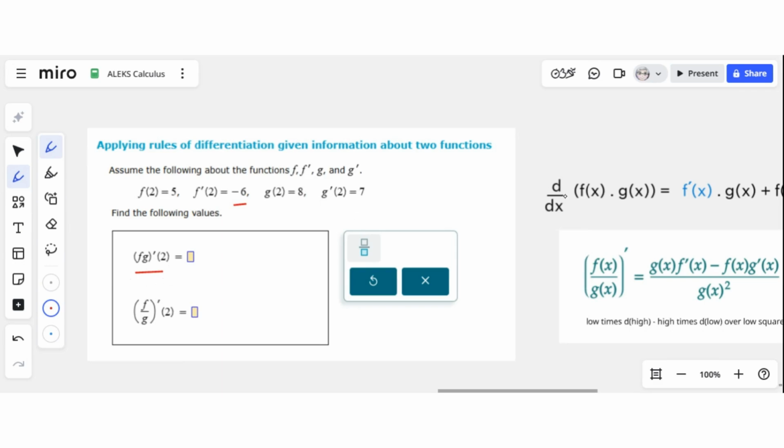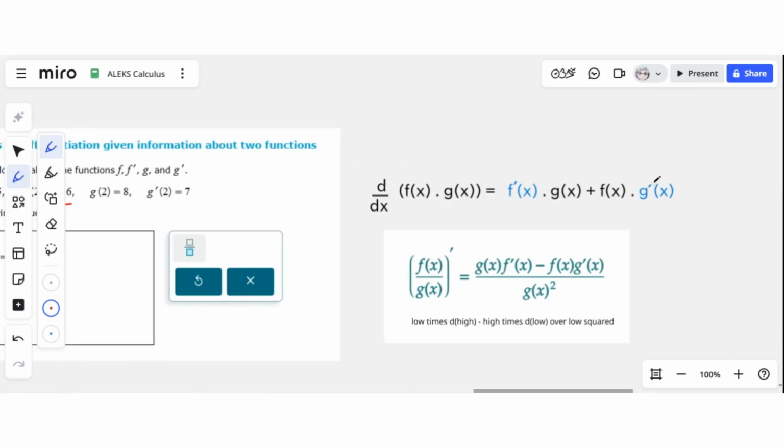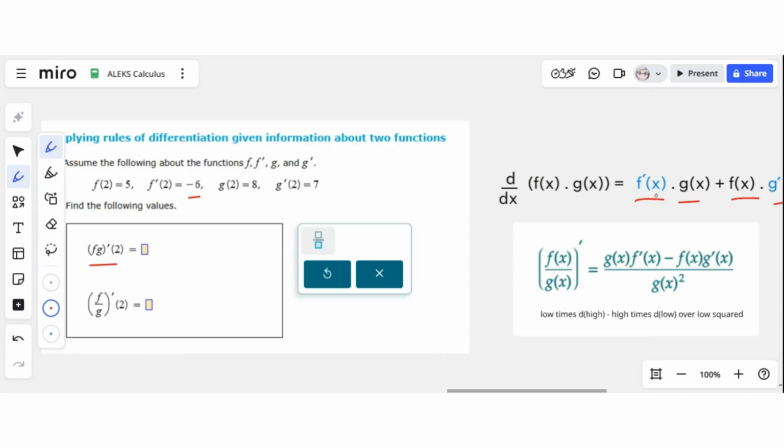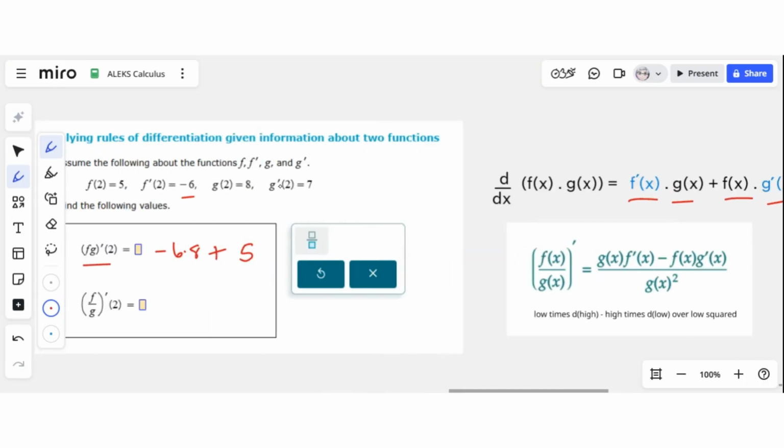Well, this is a product, so we're going to use the product rule. Just to review, the derivative of the product of two functions: you take the derivative of the first thing times the second thing, add to that the first thing times the derivative of the second thing. So we want f prime first. f prime of 2 is negative 6, and now we want to multiply that by g of 2, which is 8. And then we're going to add to that f of 2, which is 5, and g prime of 2, which